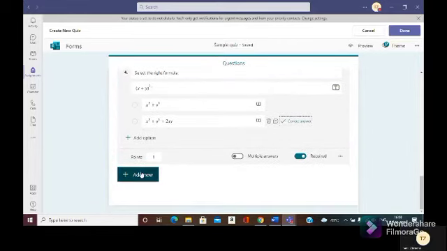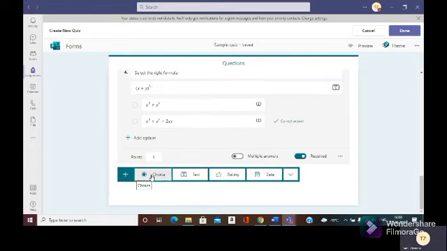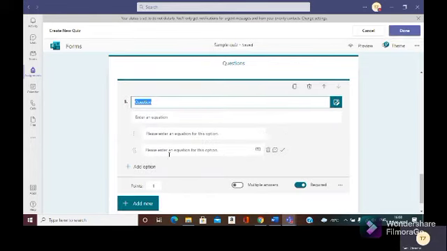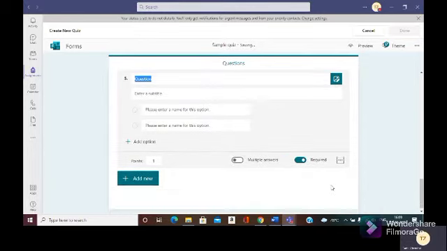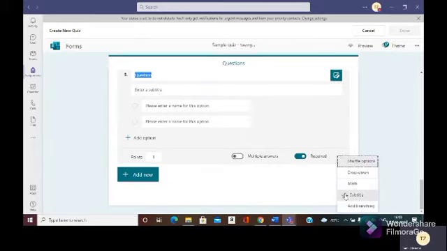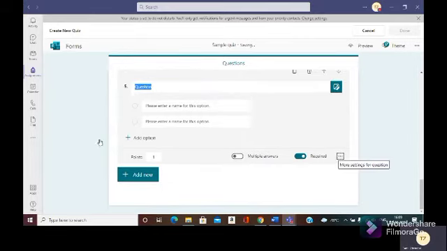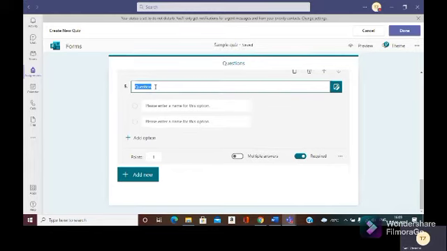Okay. Now I click on add new button and I click on choice button. You can see it is automatically adding as a math question only. So I'm clicking on these three dots and I'm selecting math and also I'm selecting the subtitle again so that it will be removed. So now it becomes a normal question.